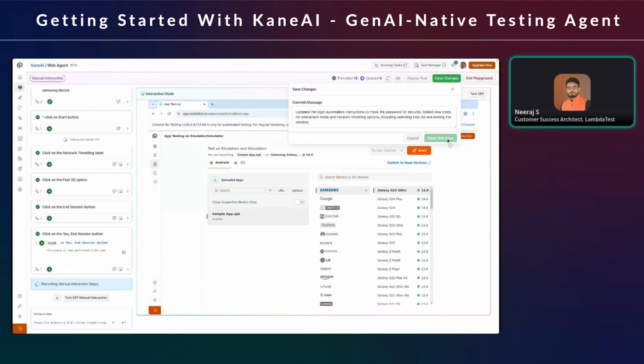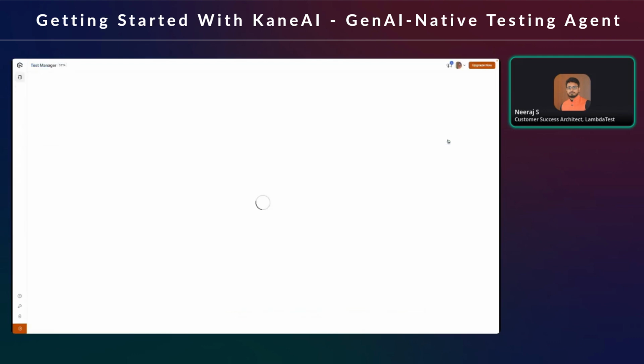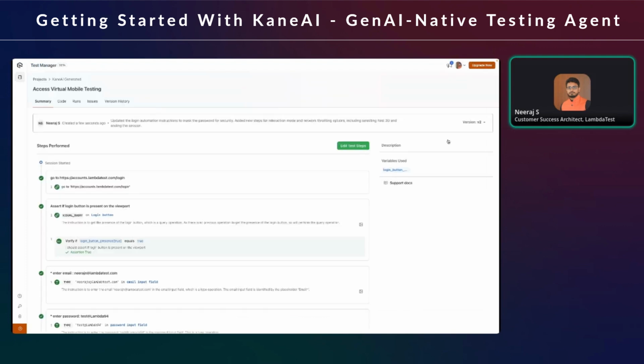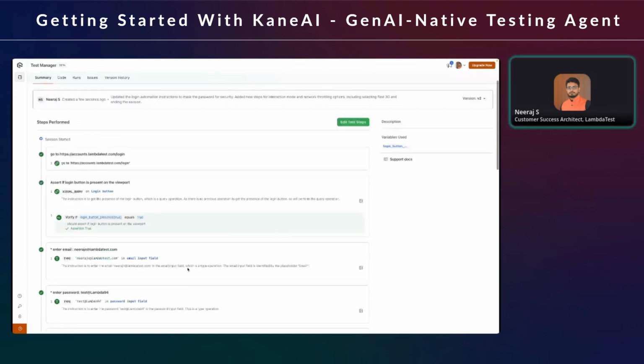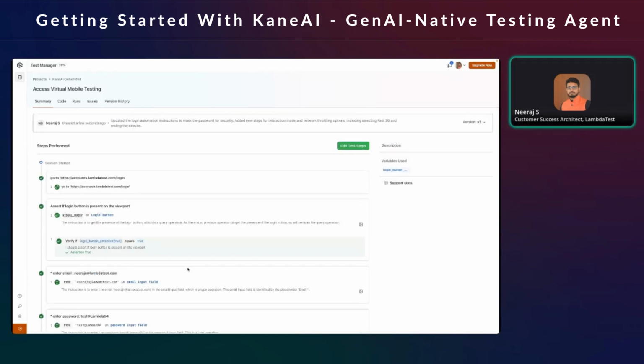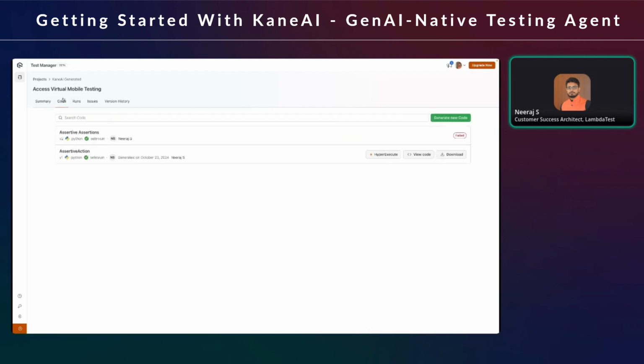Now, as soon as you commit this, the existing script that you had in Test Manager would still remain there, but you'll get a second version. As you can see here, v2 is created for this particular version with the additional new steps which were added. So whatever versions you're creating, with all of the new additional steps, you get all of them saved and stored here on the Test Manager for LambdaTest. And here itself, if I go back,